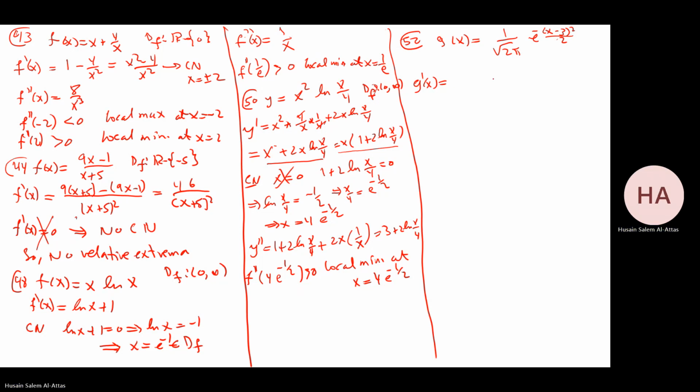That will be, yeah, I need to do that. This will be 1 e to this, times the derivative of this, minus x or something. That will be minus x minus 3. Minus 2 over 2, so it's minus x minus 3 times. So the answer is minus